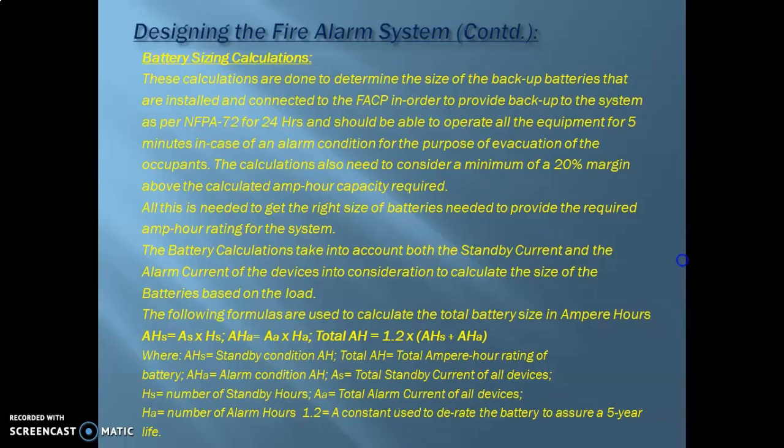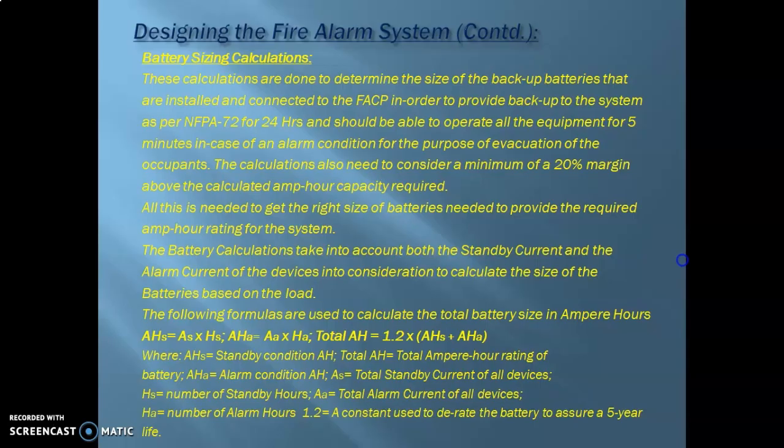So if, let's say, you have 35 ampere hour, then you need to add 20% of that as well, in order to get the actual ampere hour rating or the size of the battery. And even after that, it's always better to consider the battery size at least the next rating higher than what you've actually calculated, in order to take into account any sort of differences that might occur due to changing of devices or whatever.